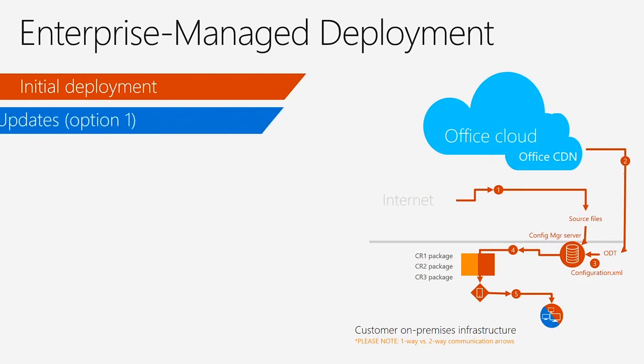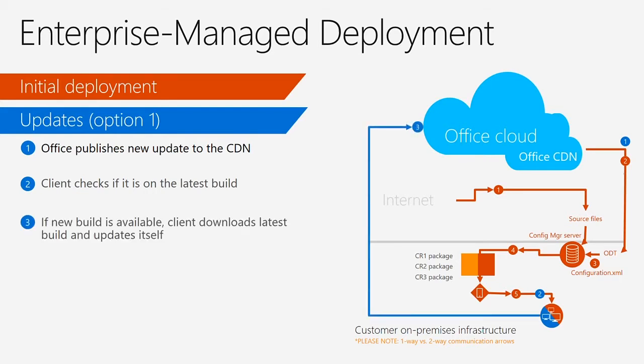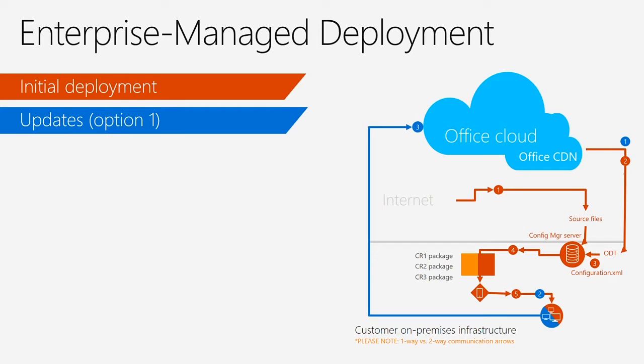When we get into updates, you look at your traditional option 1, which is Office publishes a new update to the CDN. Your client goes out to the CDN and checks if there's a newer version available. If there is, it's going to download it and update itself. Option 2